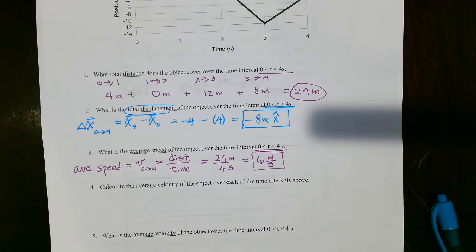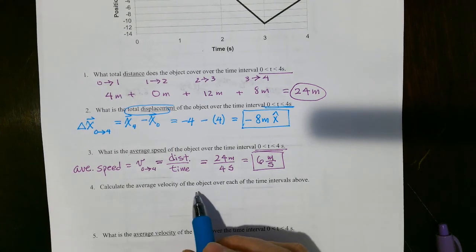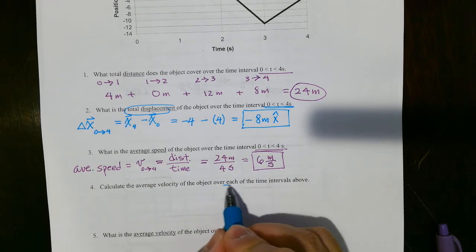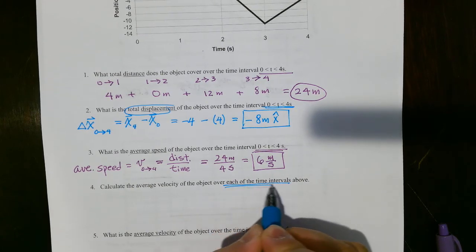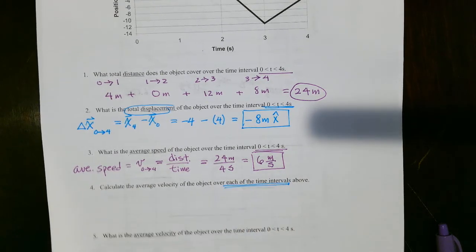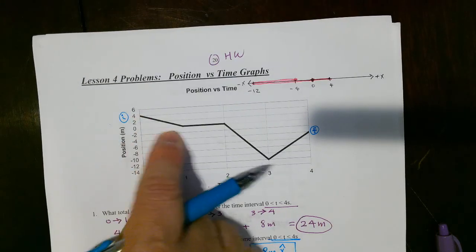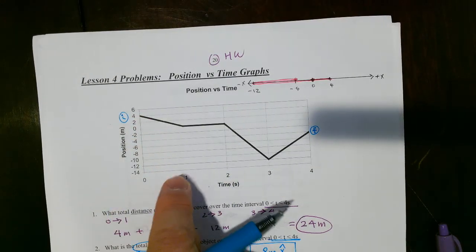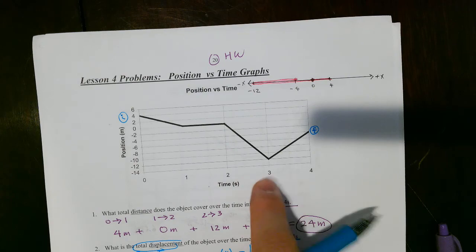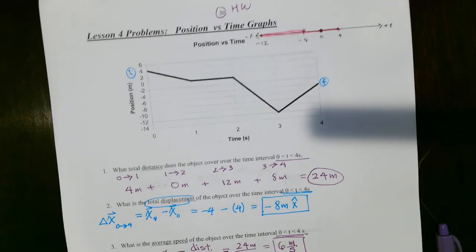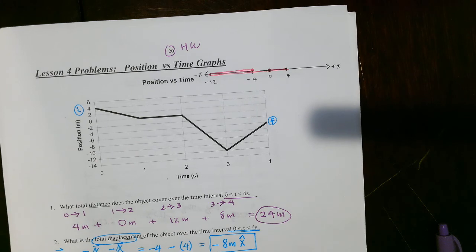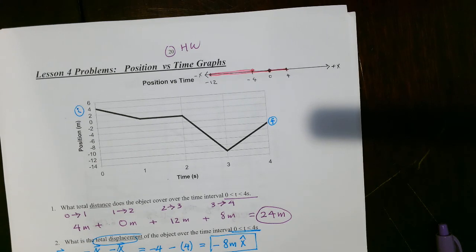All right then. What is the average velocity of the object over each of the time intervals above? So they want us to find the average velocity for each time interval: 0 to 1, 1 to 2, 2 to 3, and 3 to 4. So by definition, average velocity, v,